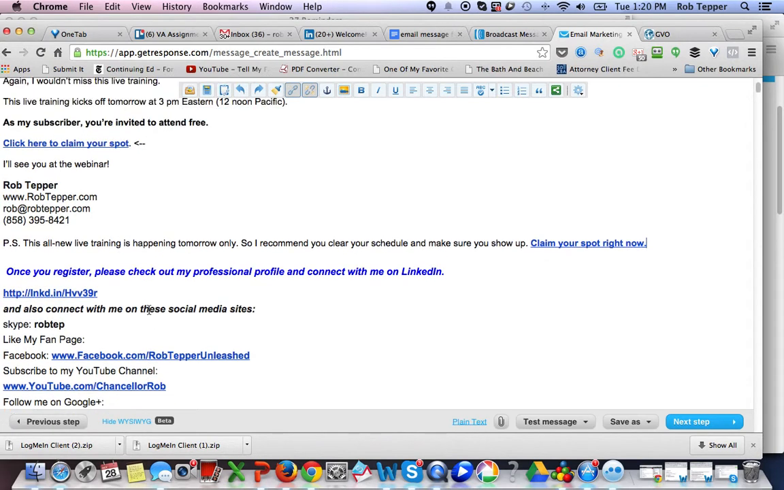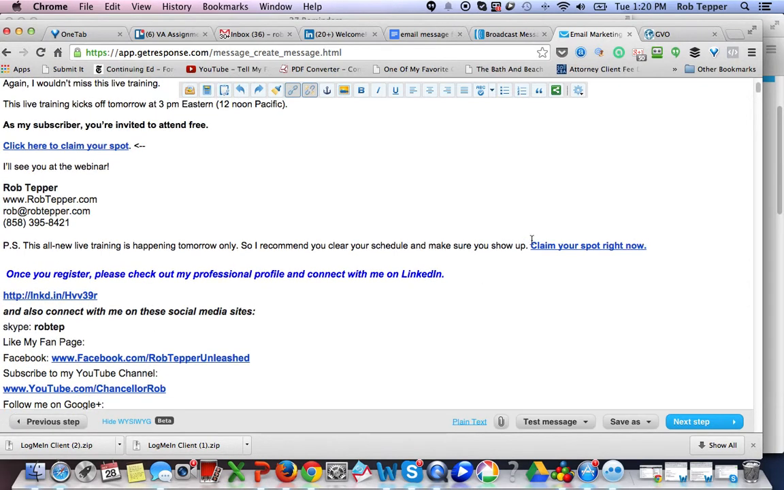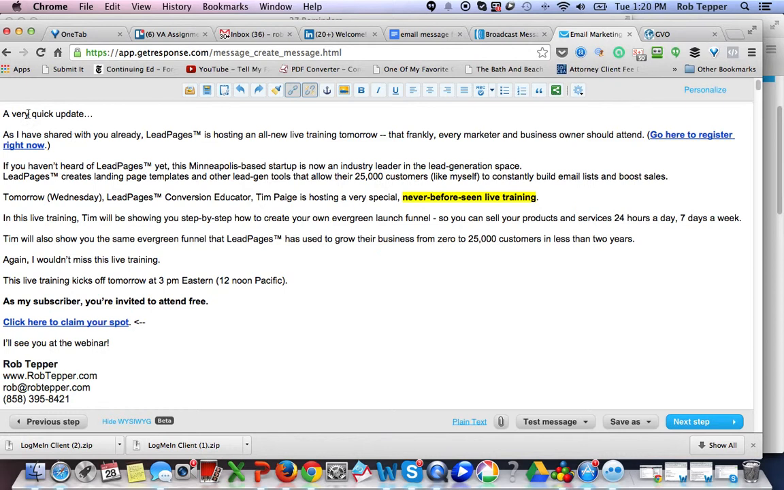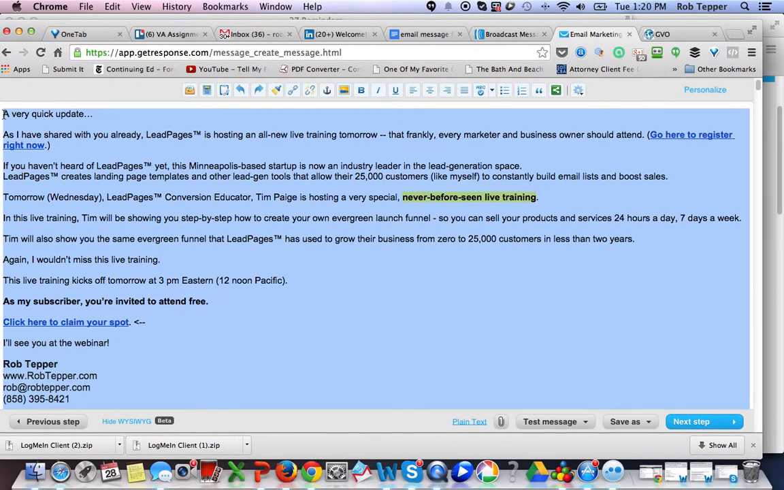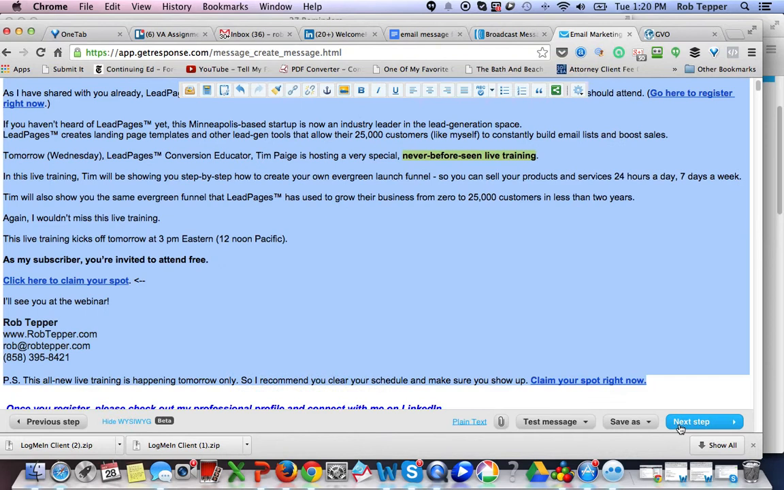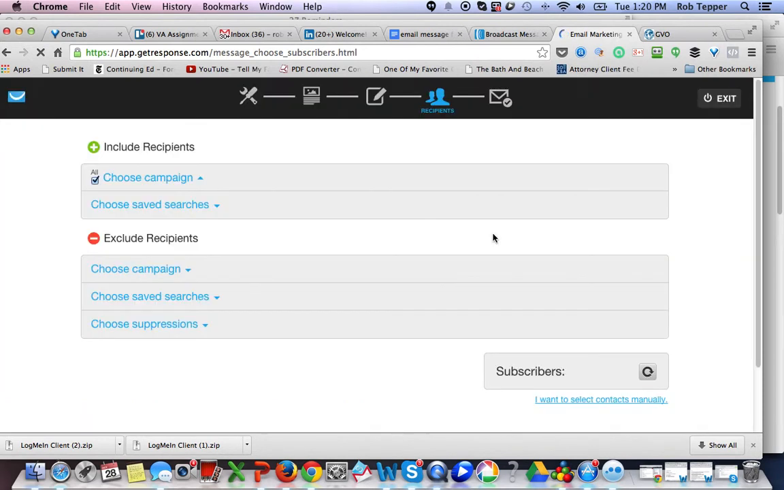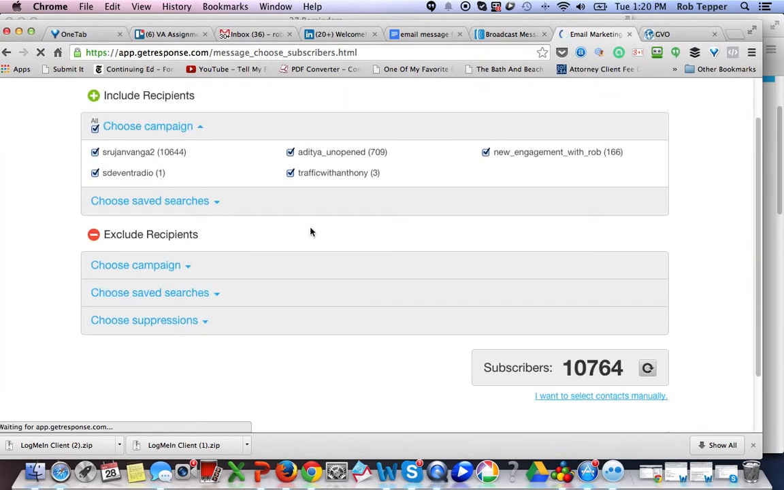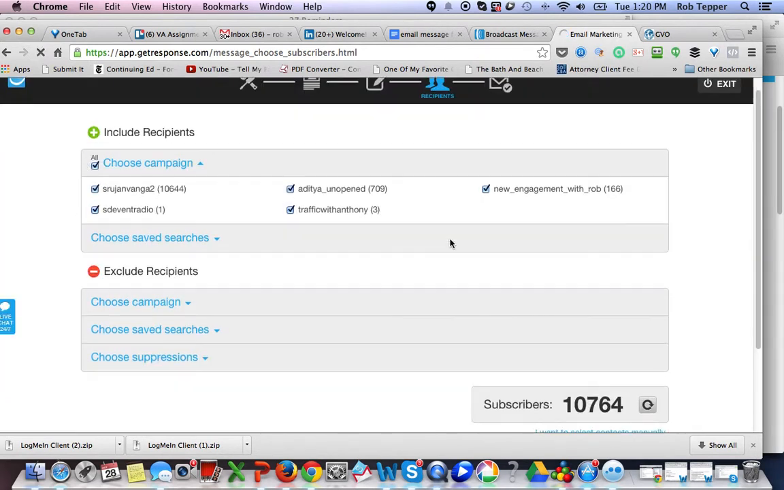And since I didn't like the spacing before and I had to fix it for GetResponse, now I know that this spacing is good for GetResponse. So I'm going to copy from here and use that instead of the original document. I know that that'll work well in GetResponse. Now here we want to send to all campaigns in GetResponse,